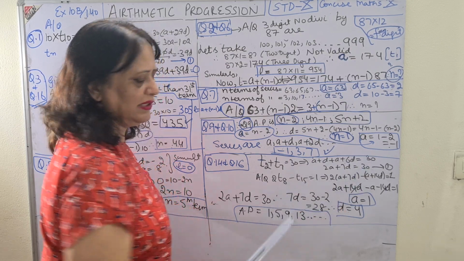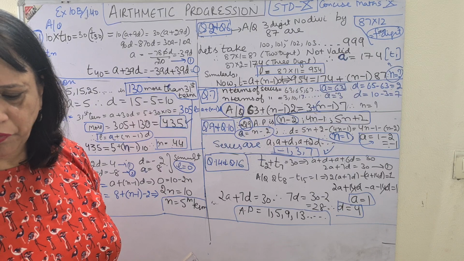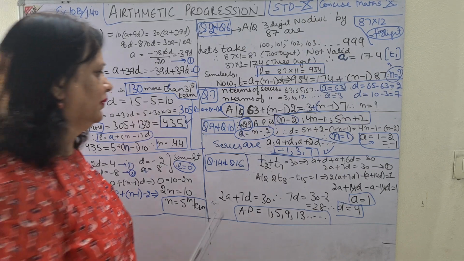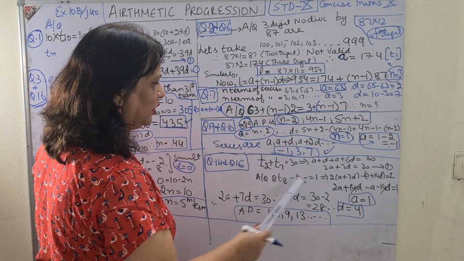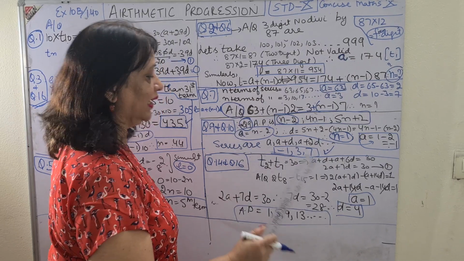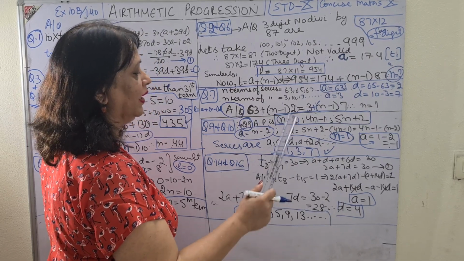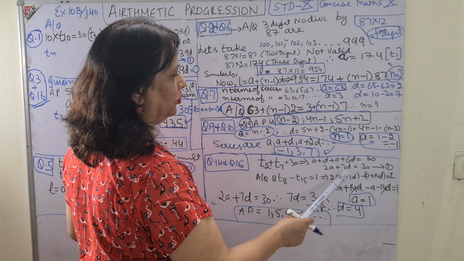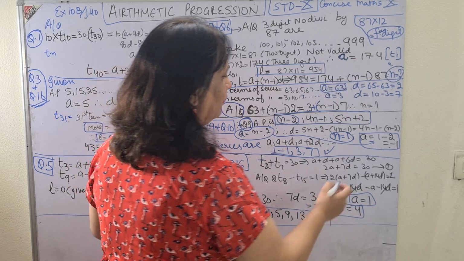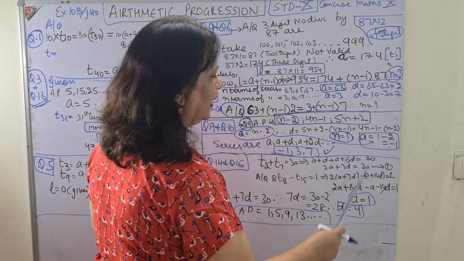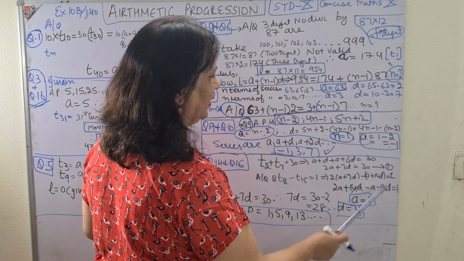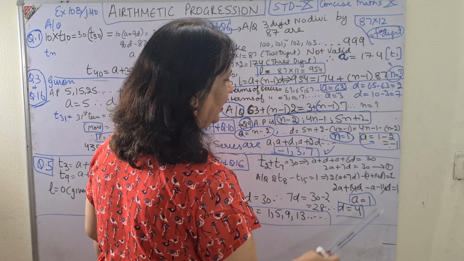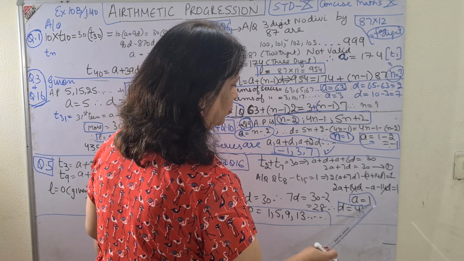First equation. Then he says, if its 15th term is 1 less than twice the eighth term. That means the difference between twice the eighth term and the 15th term is equal to 1. Again I took it into the form of formula. 2 bracket A plus 7D, minus bracket, again I take the 15th to be A plus 14D. See, I again got an equation, 2A plus 14D minus A minus 14D, and this has given me the value A is equal to 1.